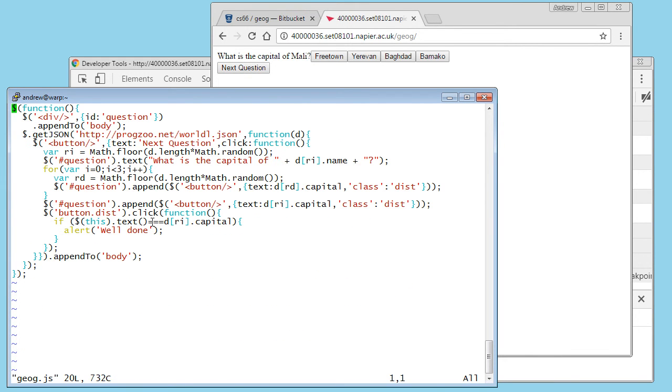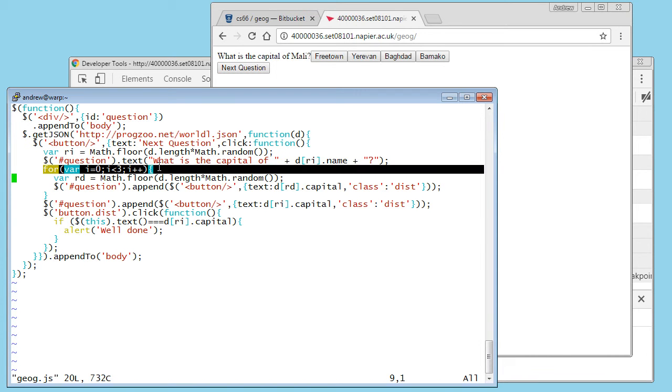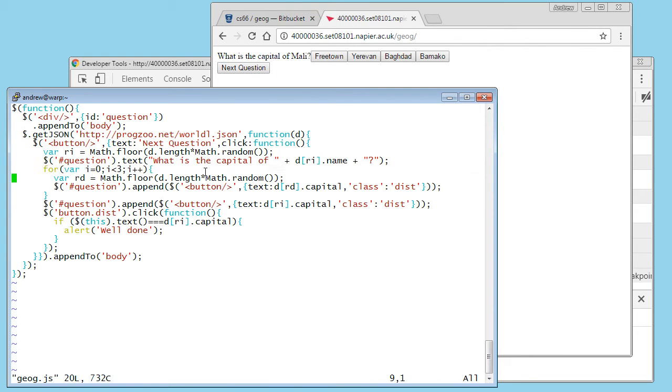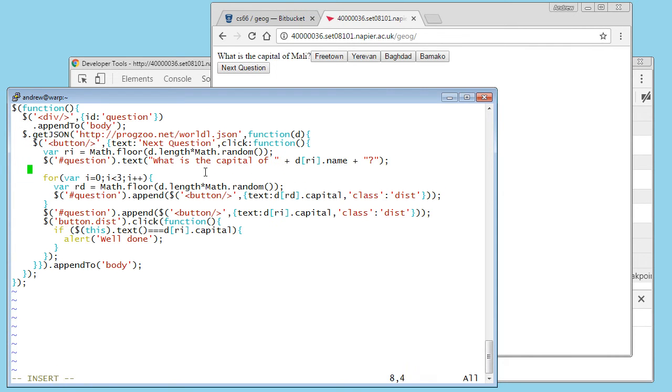What I want to do is not create the buttons on the fly. So this is my loop here. This is the loop that creates 3 random countries, and I don't want to directly add these countries in. What I want to do is to add them to a list. So I'm going to make up a list, and that'll be the list of distractors of our